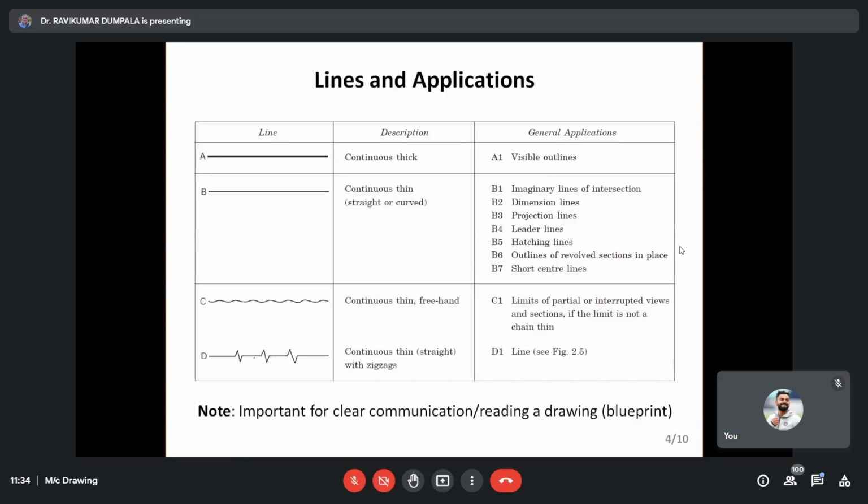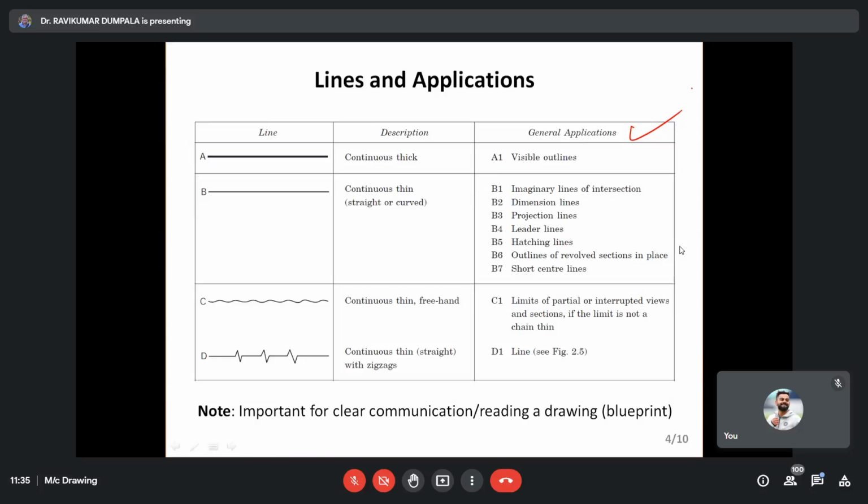So here you see, most of you might know these things already. But give attention to this third column, the applications point of view. In engineering drawing, mostly we use thick line and thin line, and the axis we know how to represent. Even locus or trajectory is required, but many people just draw a simple line. Here it is not like that. Every line, observe carefully. I gave this as an assignment also. Try to understand each and every line.